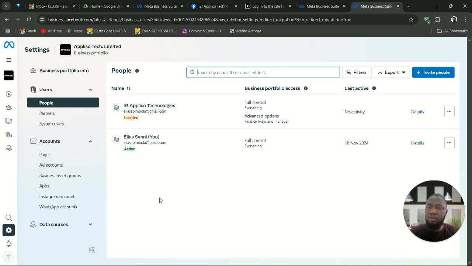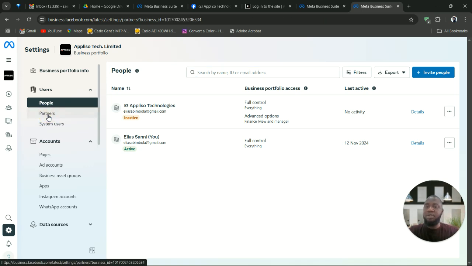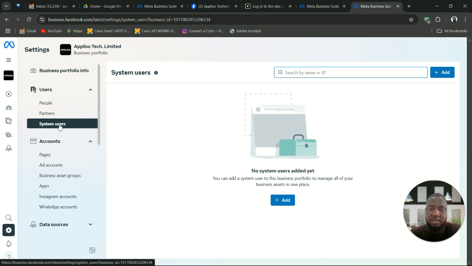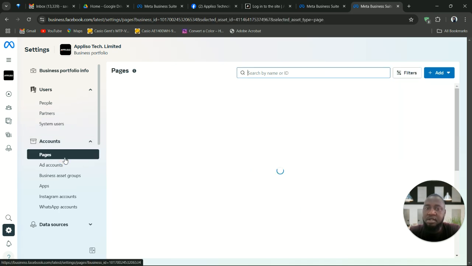You can see the people; those are the people managing the business portfolio. You can see the partners, so external people. Maybe you're working with an agency and they want to handle your stuff for you. You can have them in your business portfolio, or system users. And here where it says accounts, you have the pages that are linked to that